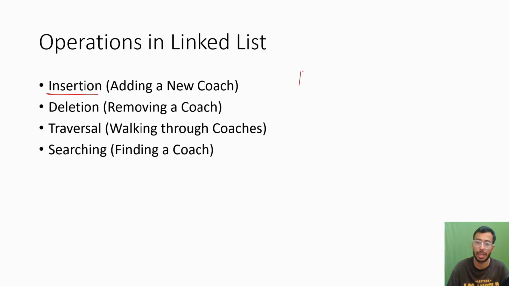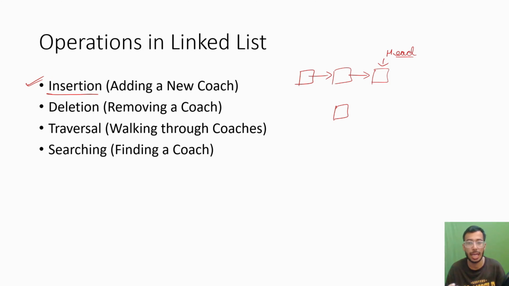You already have your linked list present, and this is, let's say, the head of your linked list. This is how your linked list looks. Now you want to add a new coach, a new node, in your linked list. There are multiple ways you can add your node. Either you can add it in the front of the train, that is just before the engine,